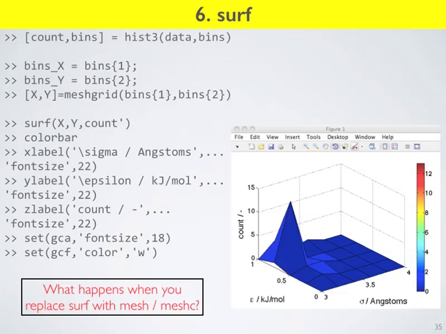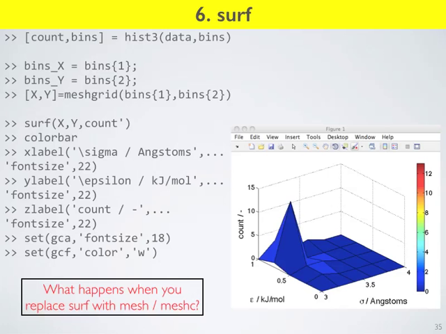And then last slide for today, a surface plot. So imagine instead of a histogram, you actually want to make a surface plot. So you want X data, Y data, and Z data. The Z data in this case is going to be the number of counts in your histogram, but it could be something else. It could be the number of people in the world using that particular water model, or quality of the water model, or something like this.